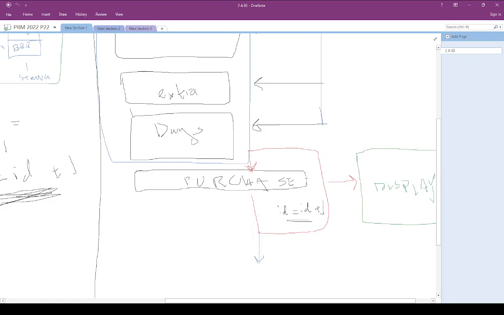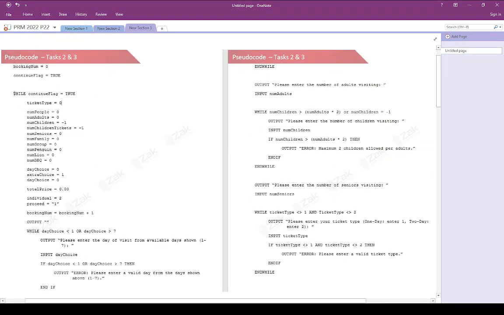If you remember this part that we drew here, this indicated that a lot of our code is going to be a part of a loop. So that's what's happening here. We are initializing, or setting really, this loop. And what that's doing is saying that, all right, while continue flag is true, and continue flag here we have initialized to true, and also all of these variables,